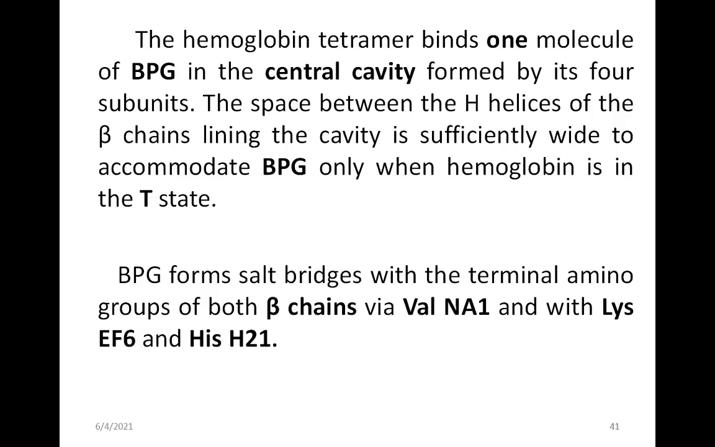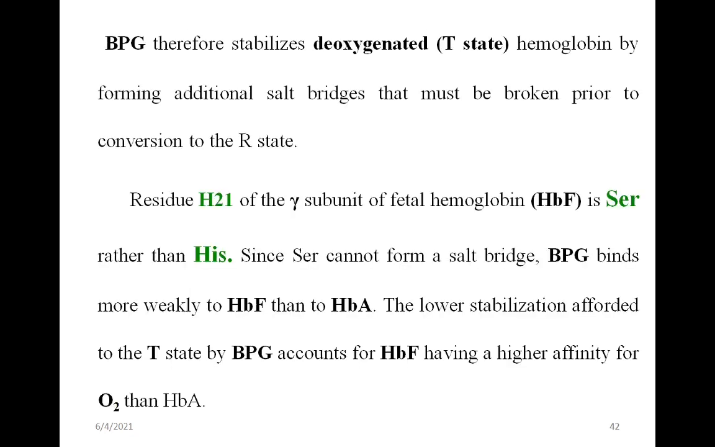Along with these amino acids the BPG forms salt bridges with the amino terminal groups of both beta chains, that is valine, lysine EF6 and histidine H21. Those amino acids are present in the amino terminal end of both beta chains where BPG forms ionic bonds or salt bridges. BPG therefore stabilizes deoxygenated T state hemoglobin by forming additional salt bridges that must be broken prior to conversion to